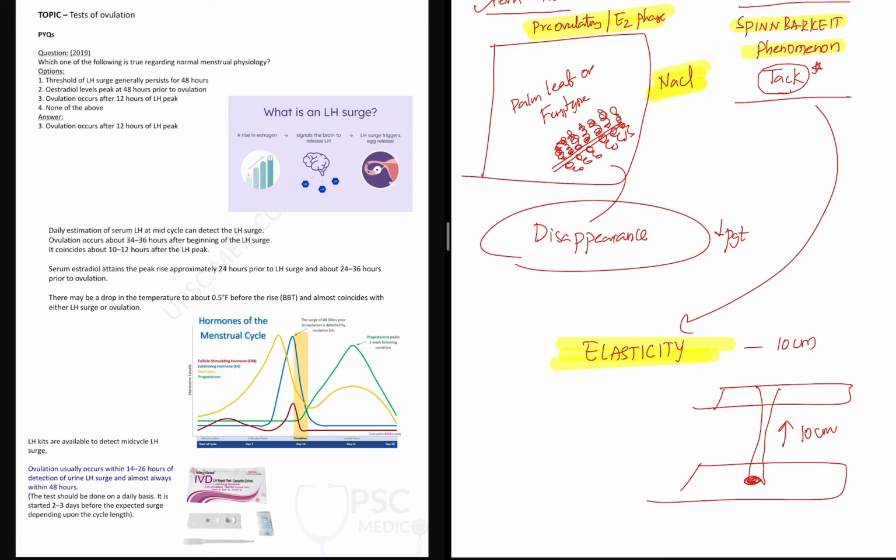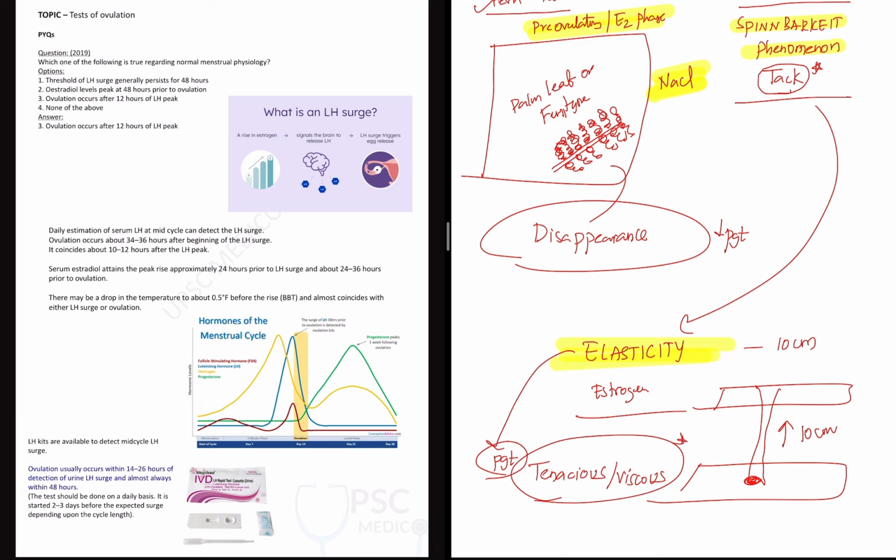Okay, and this elasticity is because of estrogen. It is elastic. But what happens after ovulation under the influence of progesterone? Elasticity is lost. During the secretory phase, instead of elastic, the counter word is, it becomes tenacious or viscous. The viscosity increases, so it loses the property of elasticity, otherwise known